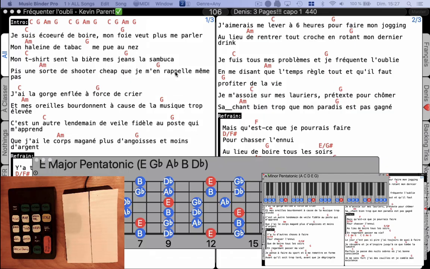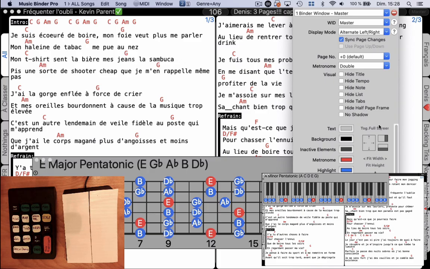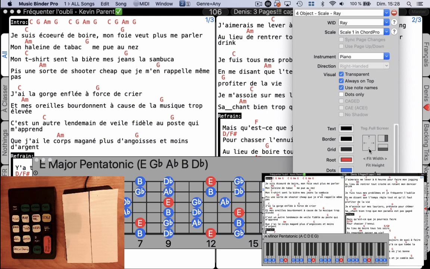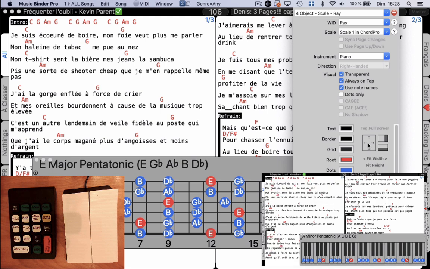Okay, I select my own window. I bring back the inspector window because I will adjust the position of the scale window for Ray. I select the window here and I send it to bottom,